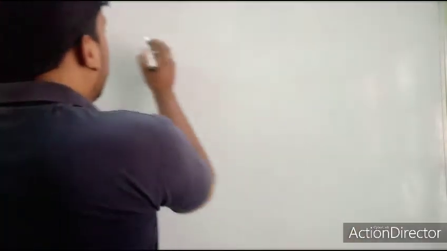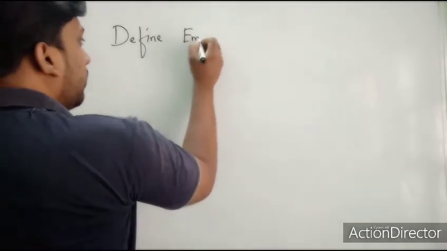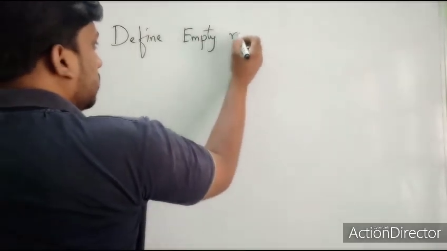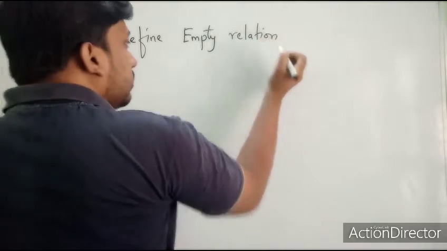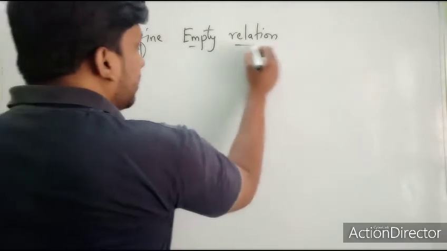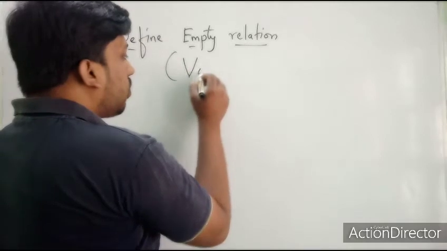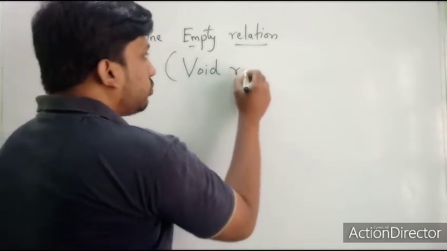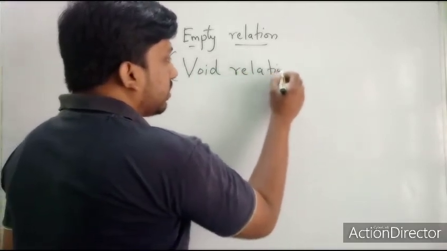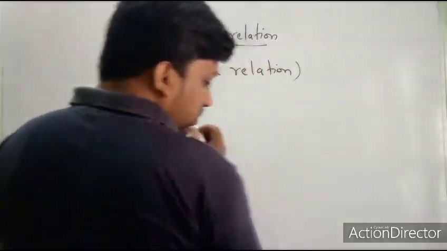Okay, the first question here we have is define an empty relation. How to define an empty relation? So an empty relation can also be called the void relation. So you will be familiar with the terminology. Void means empty. So void relation or empty relation is one